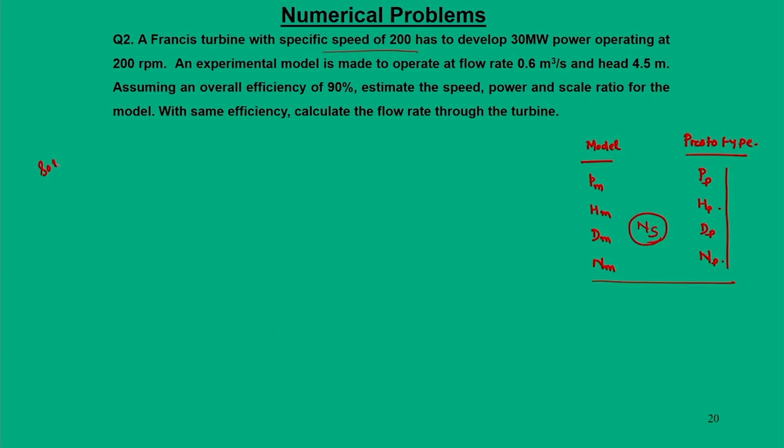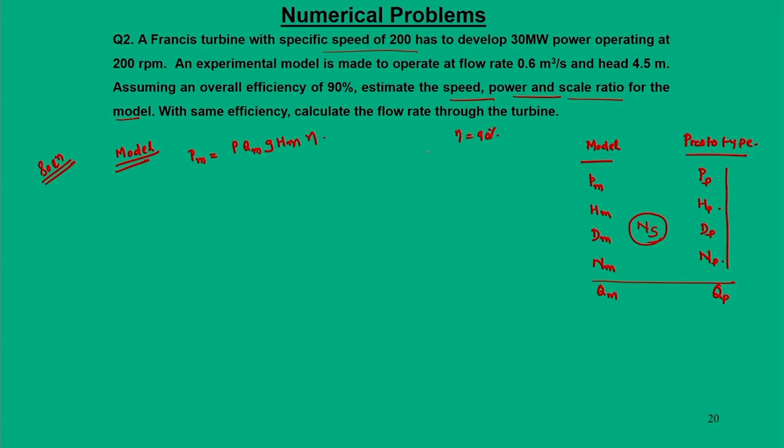So, for the solution of the problem we can start with the first thing, that is for the model. So, we are asked about the speed, power and scale ratio for the model. So, we will do it first for the model. So, the power developed by the model we write rho Qm g, also we have Qm and Qp flow discharge, Hm into efficiency, and efficiency is 90%